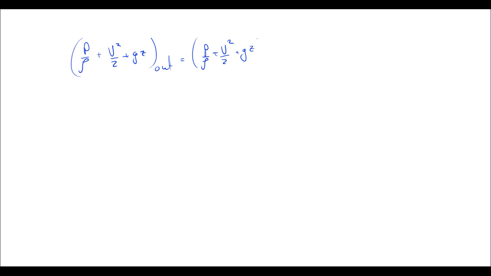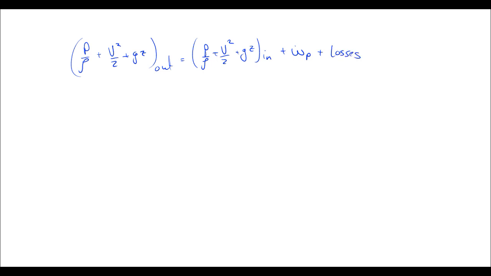Okay, so we need to cover two specialized topics in order to be able to do the homework. One is the kinetic energy coefficient. So if we write out our Bernoulli's equation, which is P over rho plus V squared over 2 plus GZ out is equal to P over rho plus V squared over 2 plus GZ in plus W dot pump plus